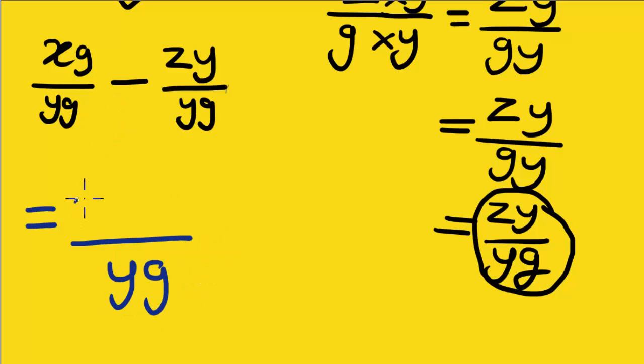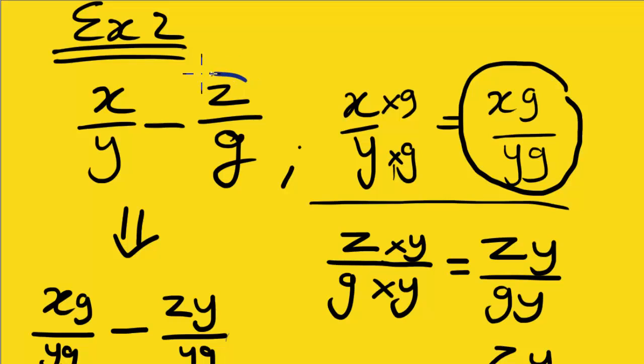In terms of numerators, I just carry out the relevant operation on the numerators, and boom, that's it. As you can see, the first numerator is x g, you have a subtraction sign, and the next numerator is z y, and that is it for you. That is the solution to the problem. The answer to this,